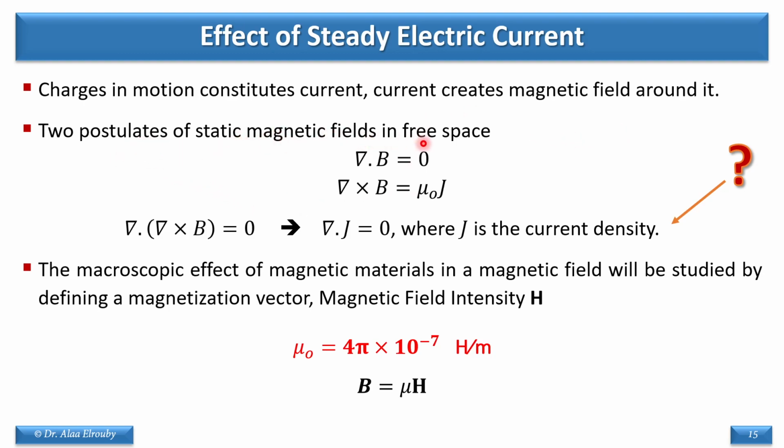For static magnetic fields, we have two postulates, two basic laws that govern the magnetic field. And those postulates are not derived from other rules. It's just a mathematical model for the observation. Number one, divergence of B equals 0. And we're going to understand the meaning of this one very shortly, but it is saying that there is no isolated